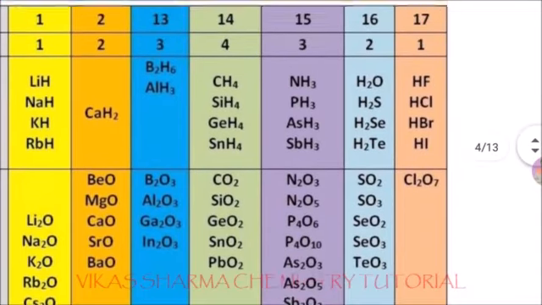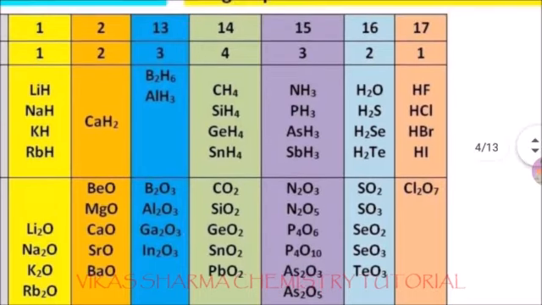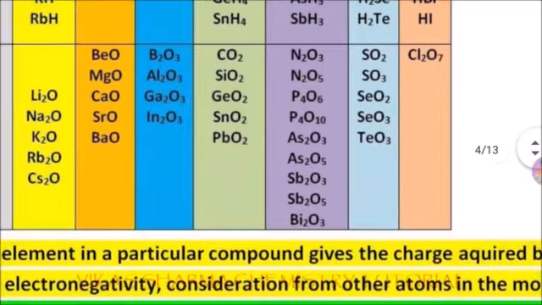In the case of group 16, the oxygen family, the hydride formulas are H2O, H2S, H2Se and H2Te, and the oxide formulas are the same: SO2, SO3, SeO2, SeO3 and TeO3. Oxygen is also the first member of this family, and the other members form oxides easily. Another part is group 17, known as the halogen family, which forms hydrogen fluoride, hydrogen chloride, hydrogen bromide, hydrogen iodide, the same pattern, and they form Cl2O7 as the formula of the oxide.